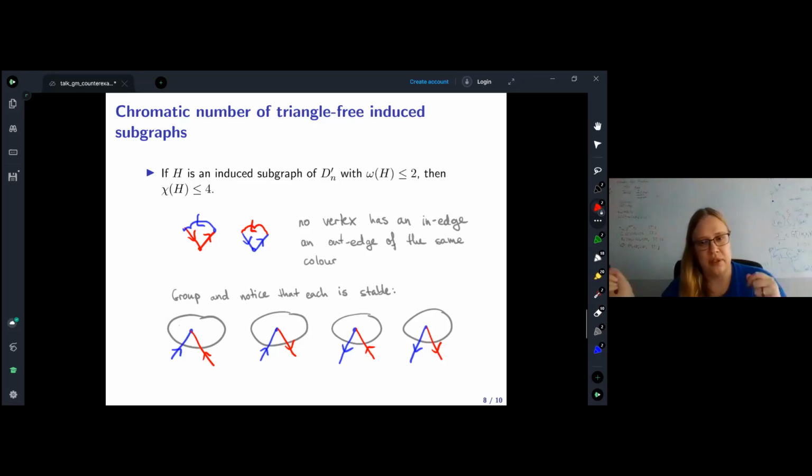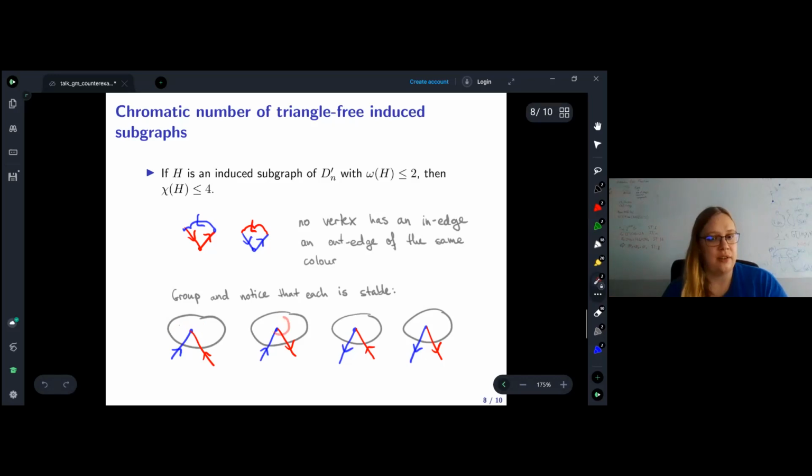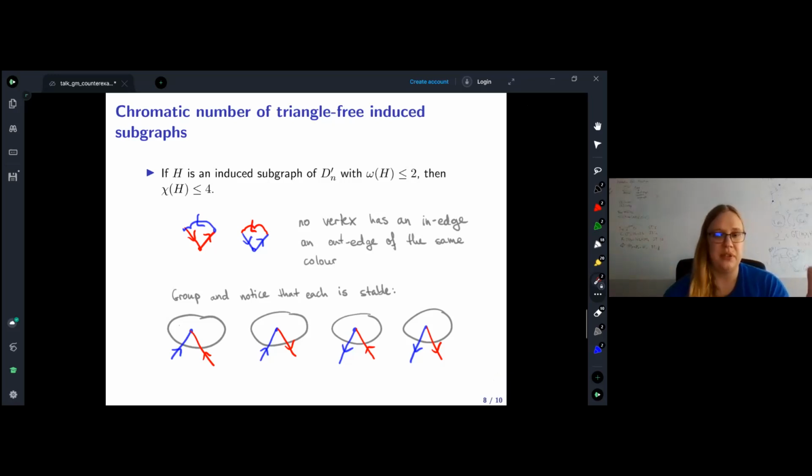So each vertex falls into one of 4 categories. All of the blue edges are in edges, and all of the red edges are in edges. All of the blue edges are in edges, all the red edges are out edges. And all the blue edges are out edges, red are in, or all the edges are out edges. Right, there's no other case. There might be vertices that only have blue edges, but each of them fits in at least one of these groups, and you just group it into one of the groups in which it fits. This is a 4-coloring,